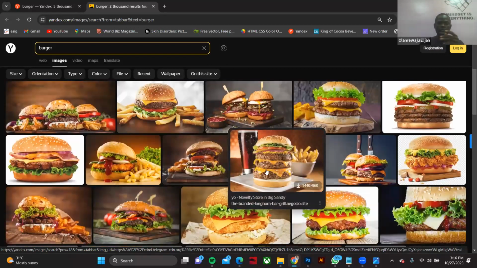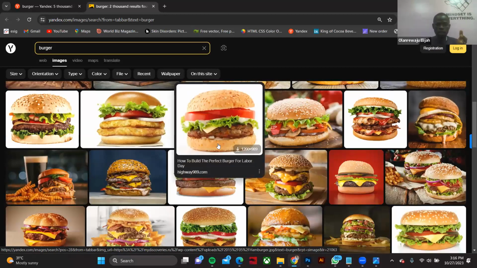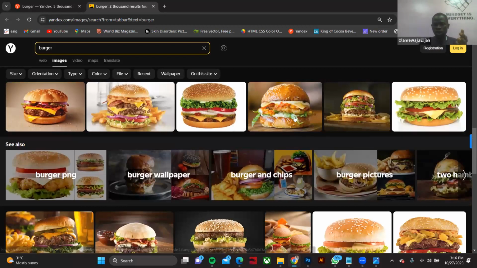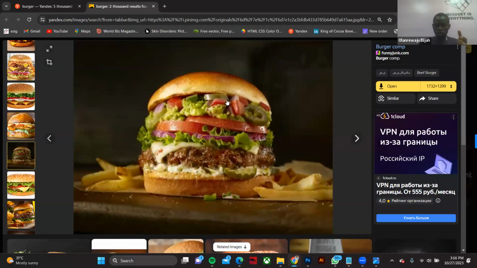So now, depending on the one that you like, you can choose, right? We are working on the burger project, and we just have to pick the one that I love the most. If I pick this one, you know that you have to allow your image to load before you download it. Look at the image that we are working with. It has a white background. So for us to have this image on our design page, we have to first remove this background so that we are left with the burger alone at the end of the day. So that's how it works.